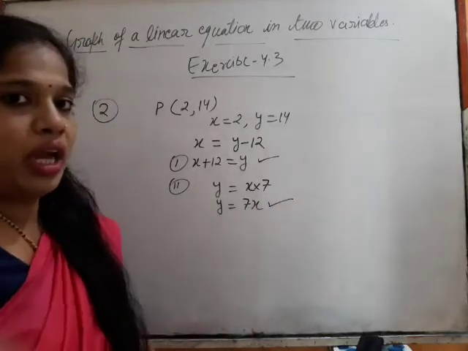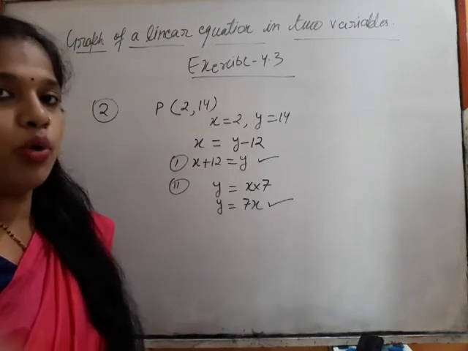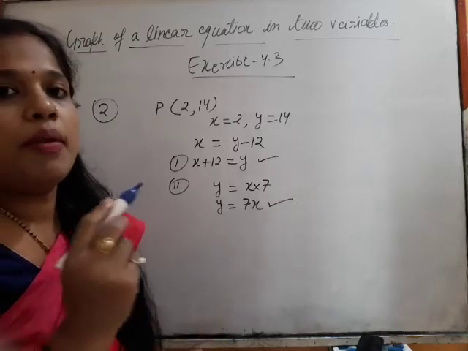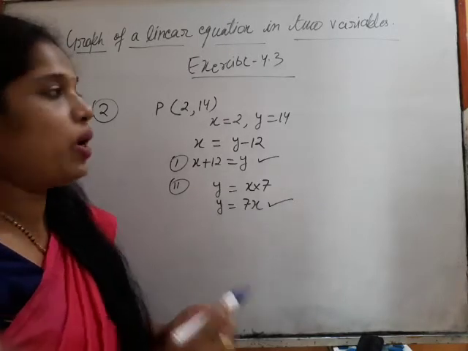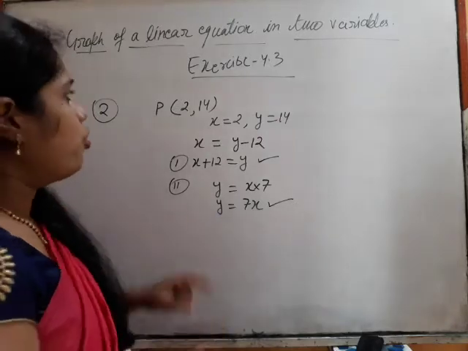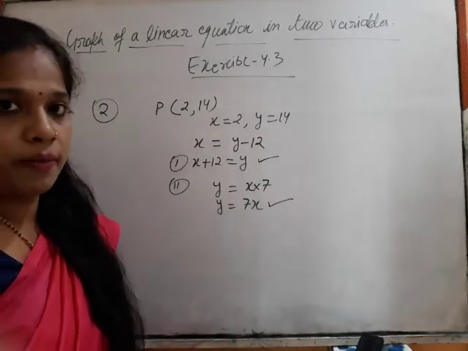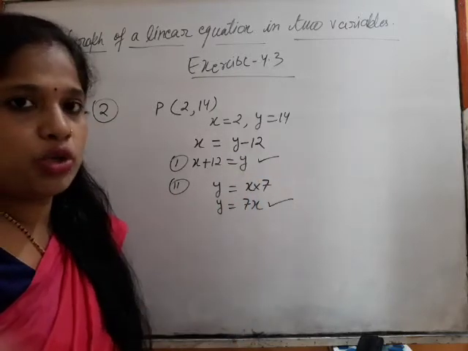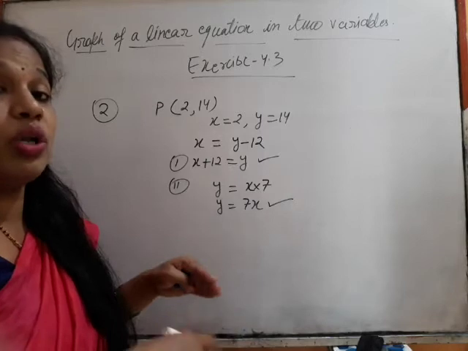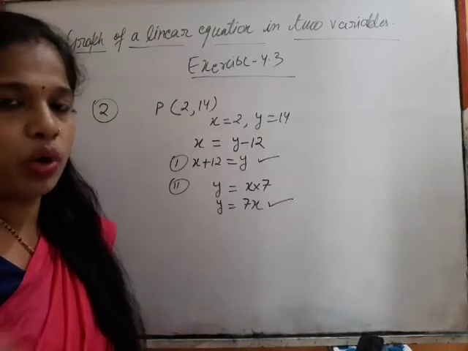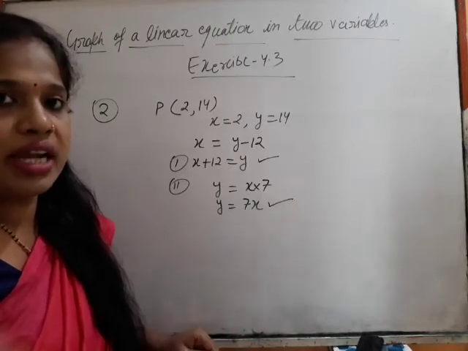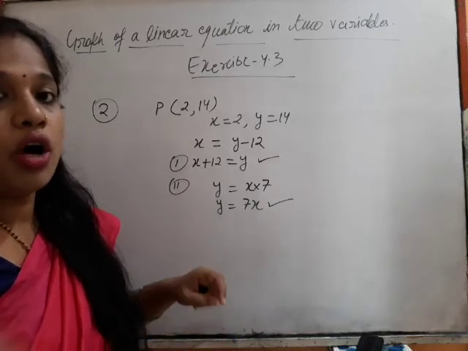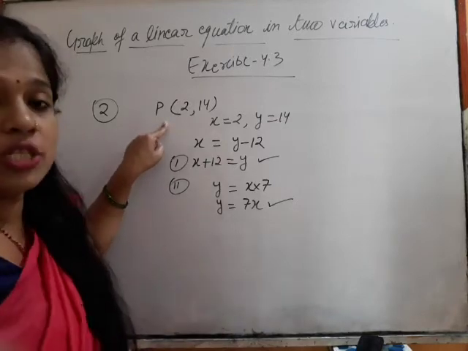So in this way, with more conditions and situations, you will have infinitely many equations of lines which will pass through this point. The question has asked to find only 2 equations. If you try to find more and more, you will get more, but you have to understand why we get infinitely many linear equations in 2 variables of lines which will pass through this point P.